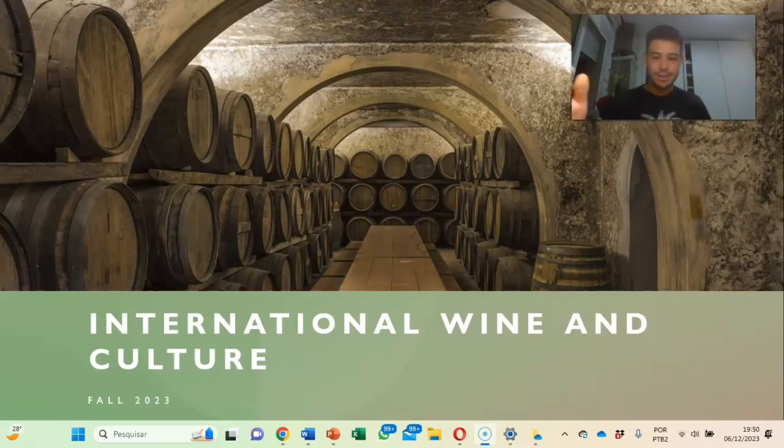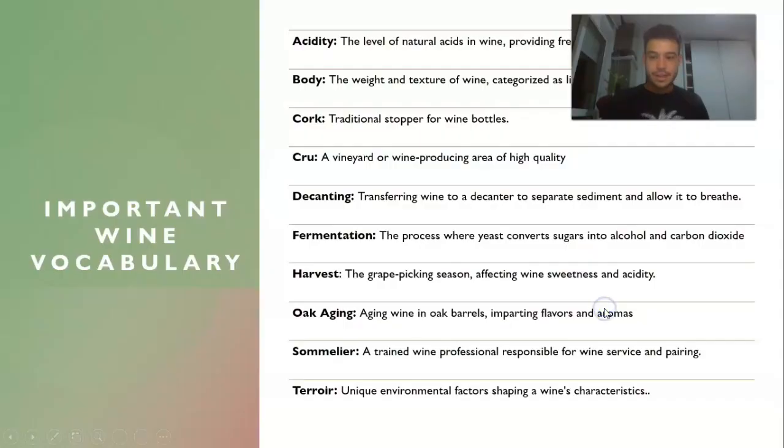So let's start here. Next slide. Before we start talking about anything wine related, analysis, and how to be a sommelier and all this very specific stuff, we're going to start from the basics. It was the second journal we had to do for the semester. We had to do 50 words related to wine to actually start understanding the vocabulary a little bit.